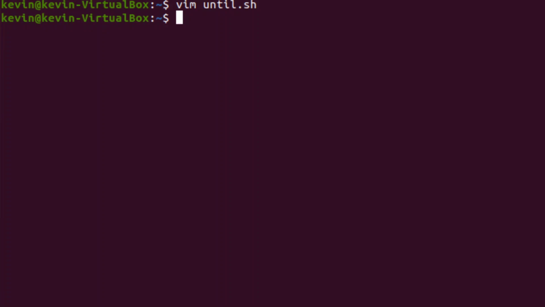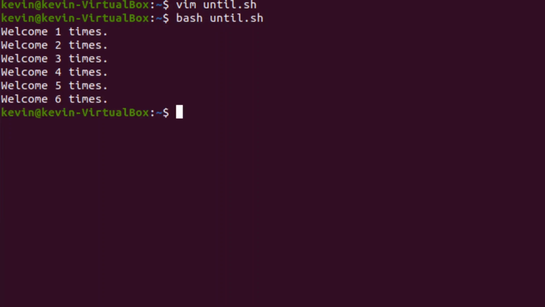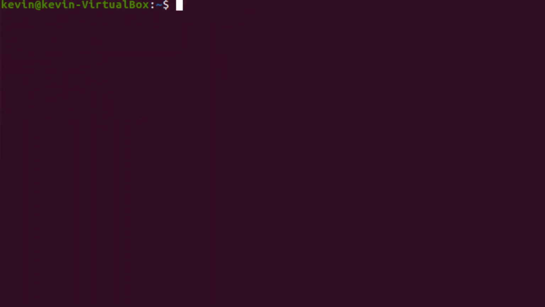Okay, there's 2 ways to run scripts, guys. I like to do this version. But you can also do bash, command bash, and then run a script like that. Both work. So there we go. We see it went through that loop 6 times until it hit 7. 7 is greater than 6, so it finished that loop. Let's head to our next example here.